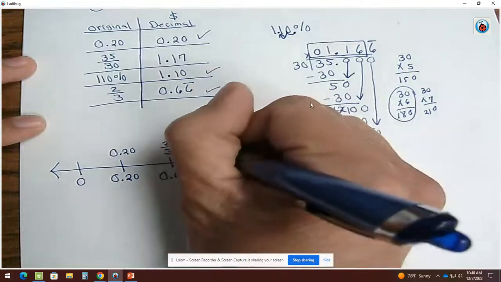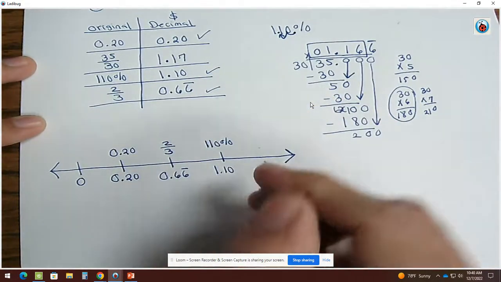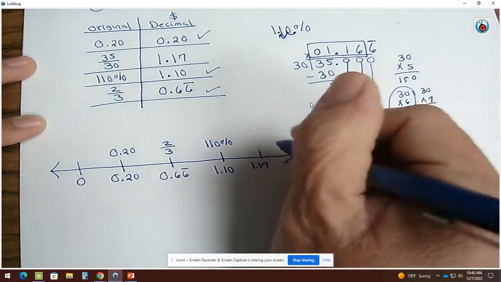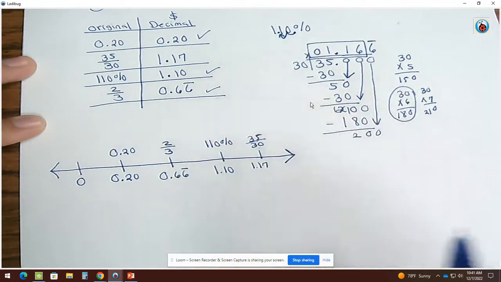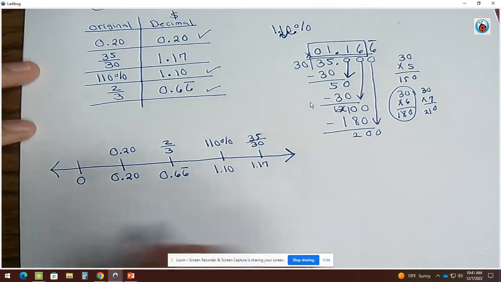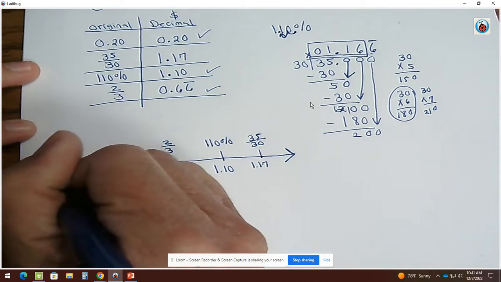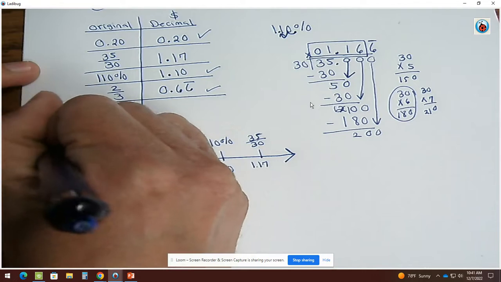And we have 110% in that case. After $1.10, finally we have $1.17, and that would be 35 out of 30. Okay. Once you place all your numbers on the number line, I want to remind you that this symbol here, you darken it in and you can see the letter L. That will remind you that this is the less than symbol. So this is the less than